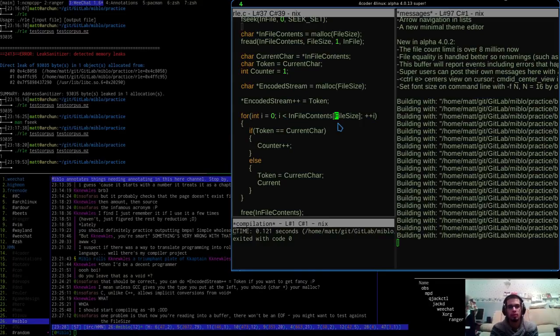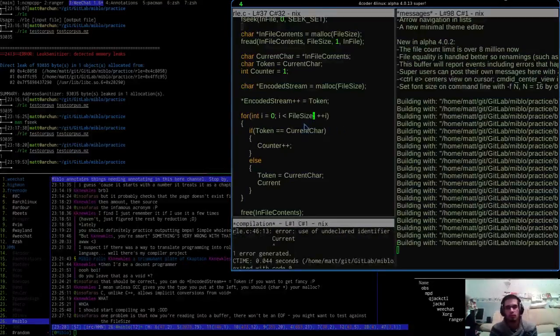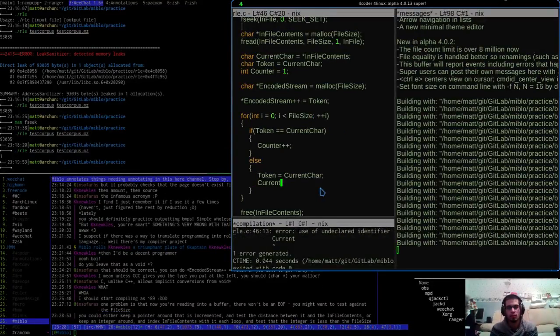It's actually this, it's just that, isn't it? Keep a pointer around that is incremented and test the distance between it and the infile contents. Or keep an integer around and index the infile contents with it each loop and test that the integer is less than the file size.